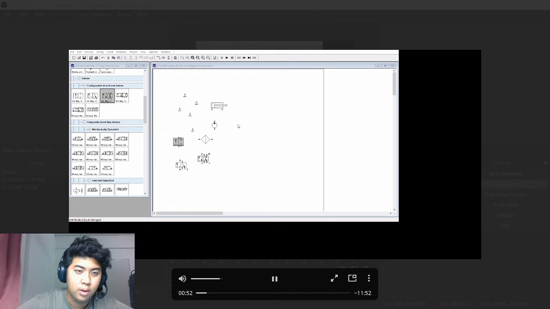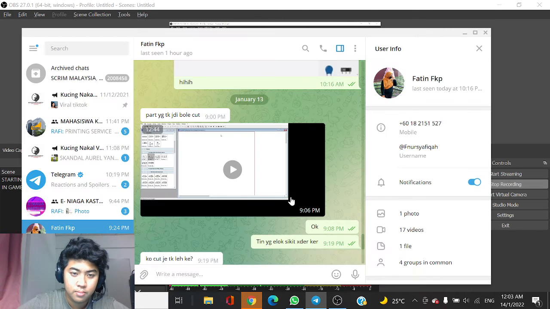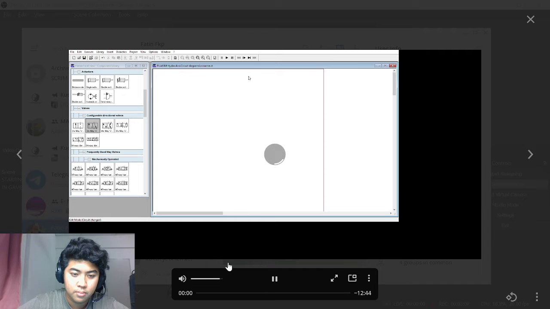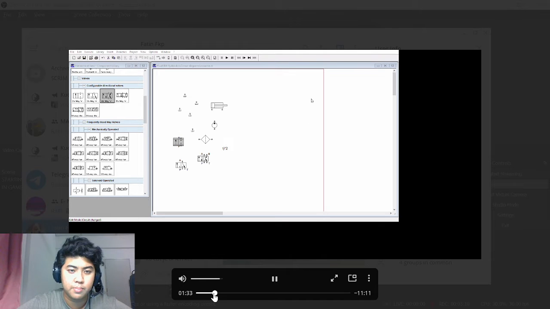Okay, after that I will move it faster. Okay, back to this. After we have picked the valve with pilot, external supply, and spring return, we will pick